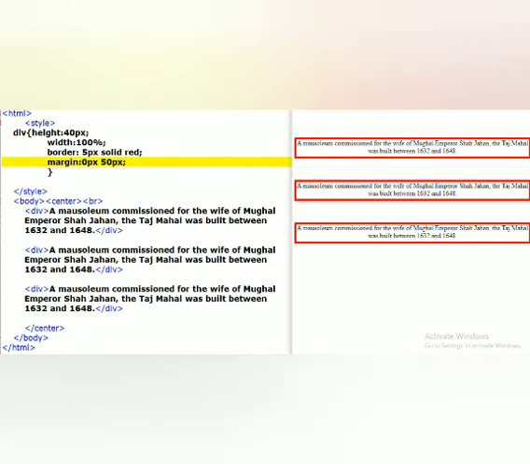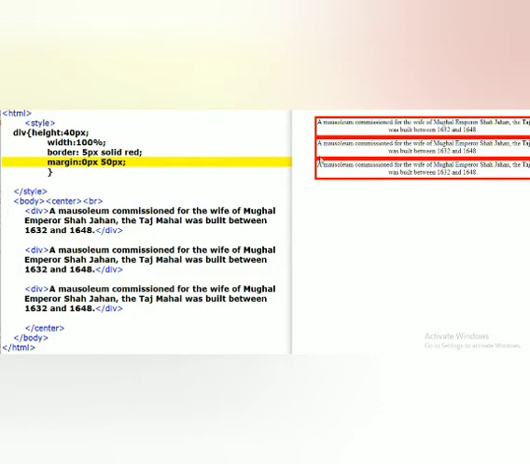I am refreshing here. You can see left side 50 and right side 50 pixels it is applying. I have reduced the size of this Chrome window, so you can't see it here. Okay, now left and right side 50 pixels it is going to apply.